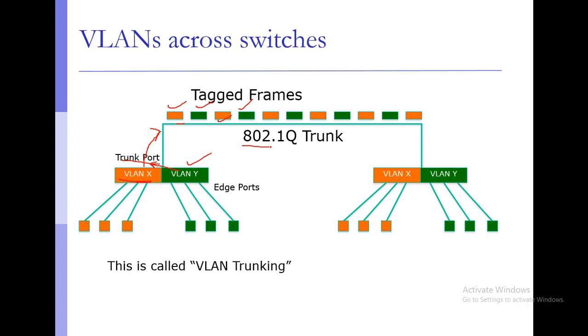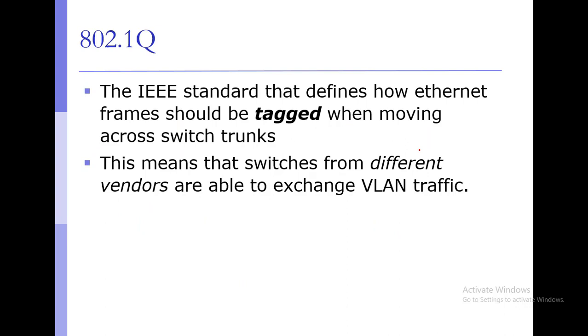The IEEE standard for that trunk is normally mentioned as the 802.1Q trunk, and this is known as VLAN tagging. This is the tagging phenomenon, and this is the trunking phenomenon, you can see here. On the reception of these packets or frames, the switch at this end will know which frame belongs to which VLAN, and it will make the delivery on the specific VLAN based upon the tagging.